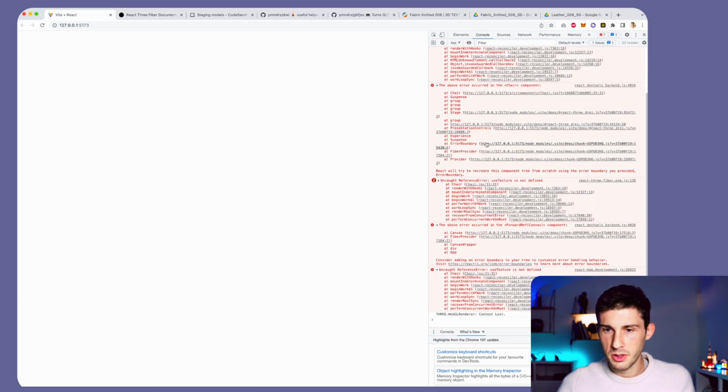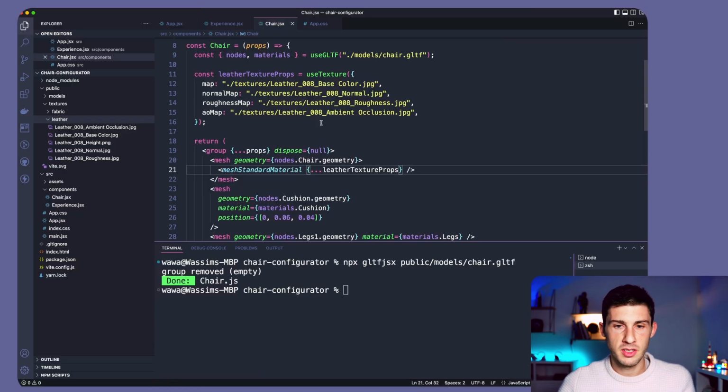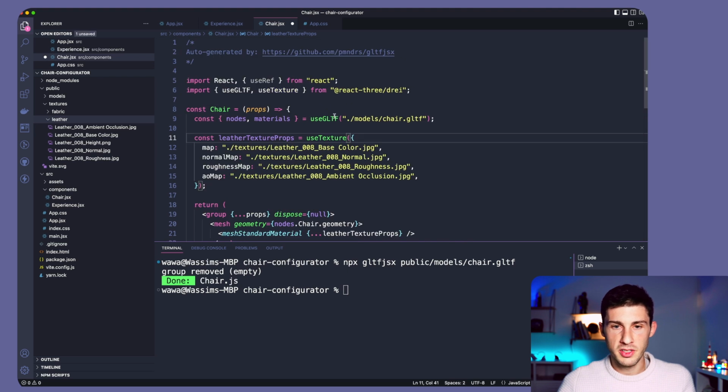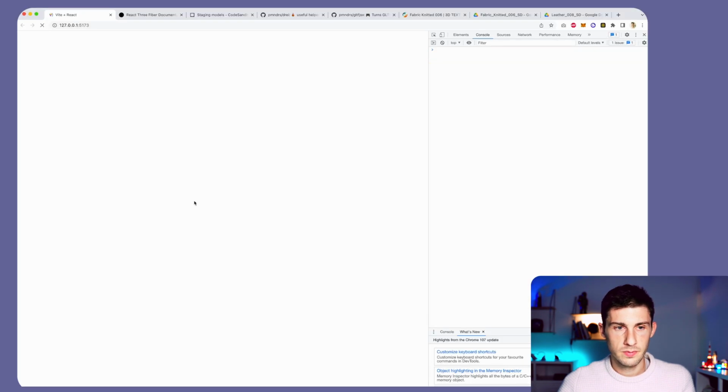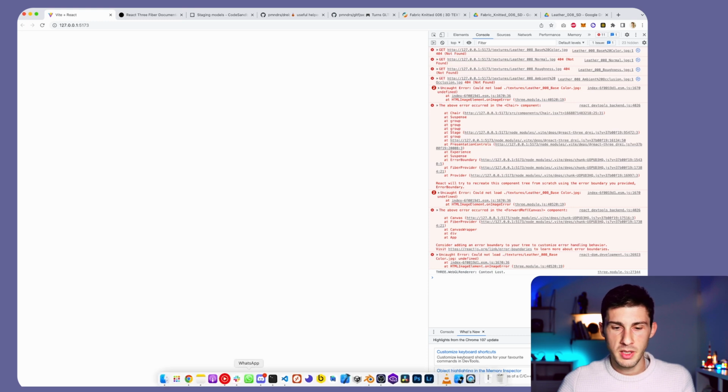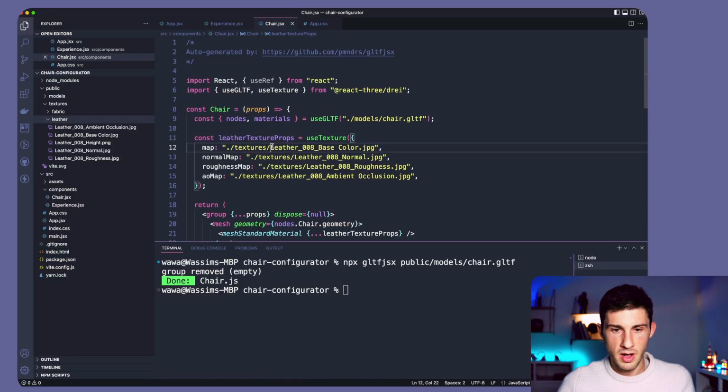We have an error because useTexture is not defined. Control space and import it. Another error, which is it doesn't find the texture itself because I forgot to add the correct path. So it's leather slash